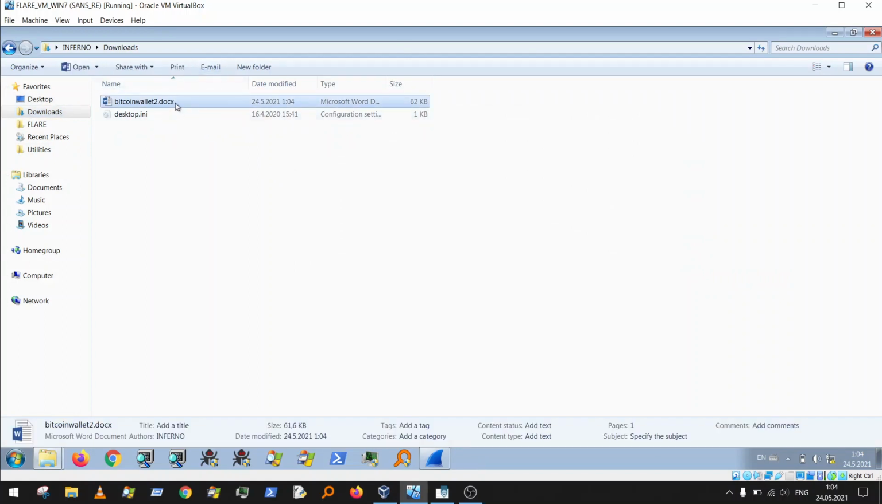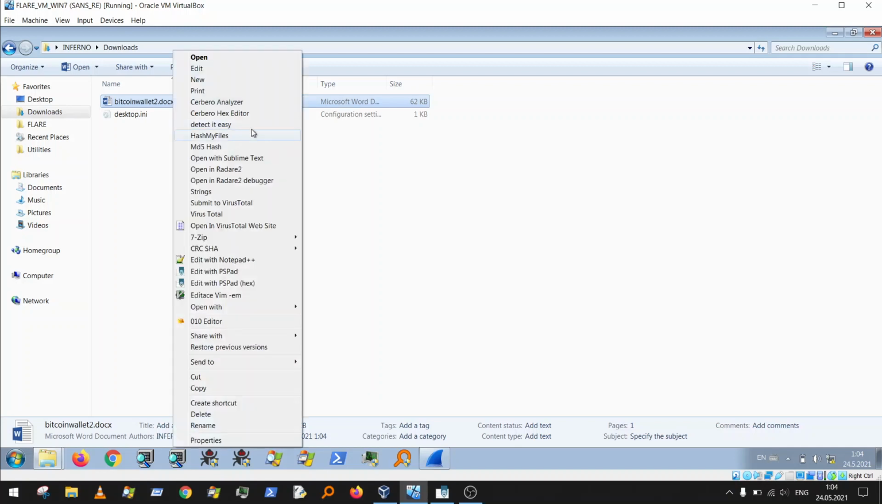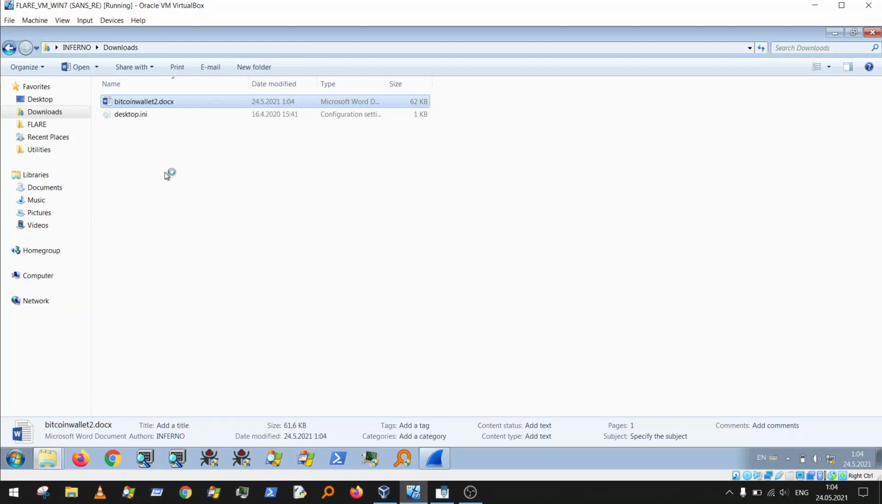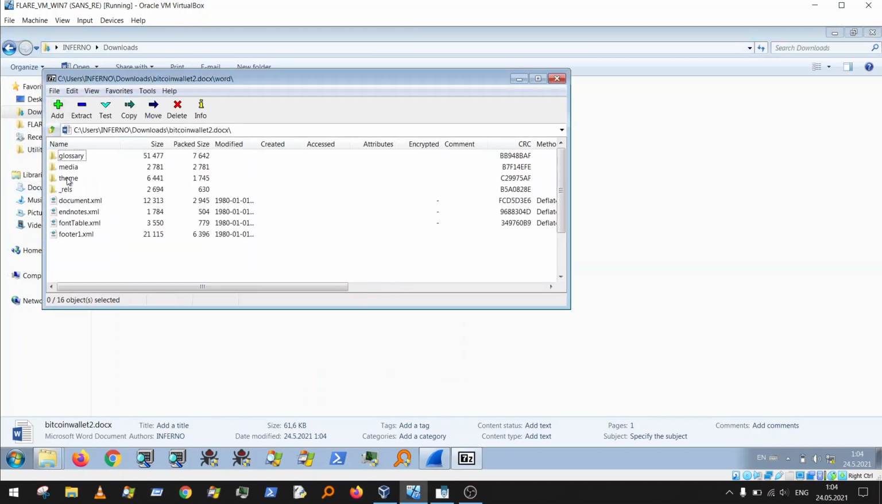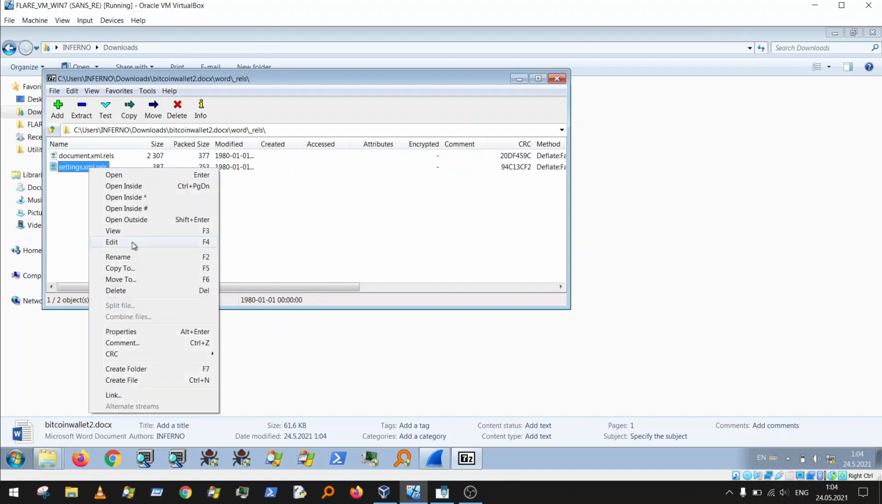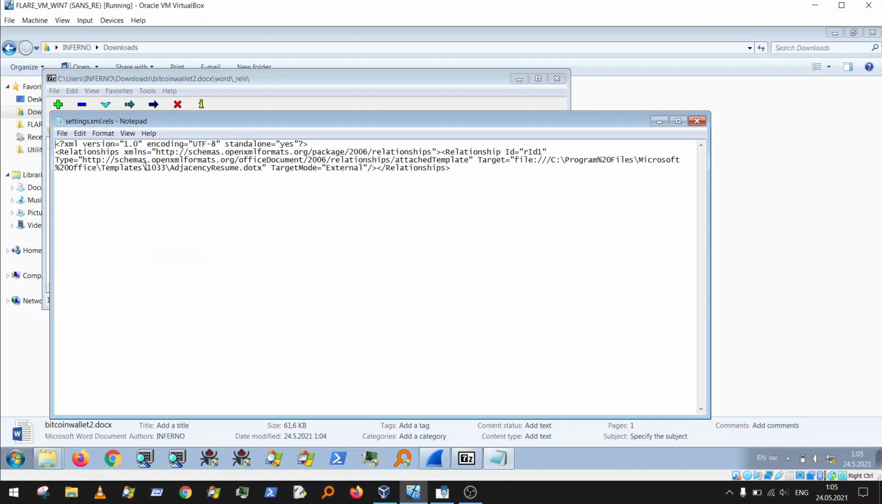Basically, a docx is a compressed file, and it's something like a zip. So you can uncompress it or open it with 7-Zip. It's the easiest method for modifying the external resources. So open the archive and go to word, rels, and settings. Here is the definition for the template. Click edit and you can see here, attach template. Here is the target, which points to my file system, and here is the target mode, external, which is okay. You basically only have to change the target,